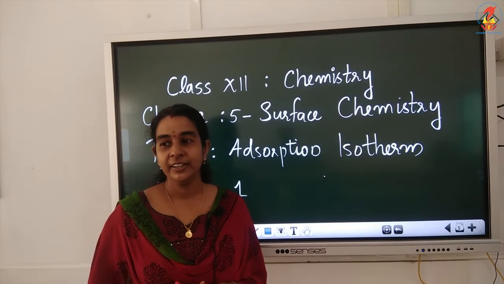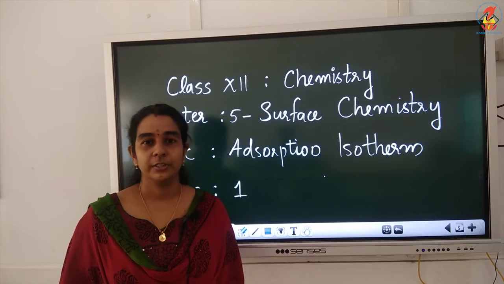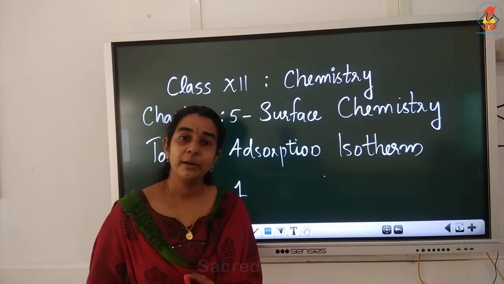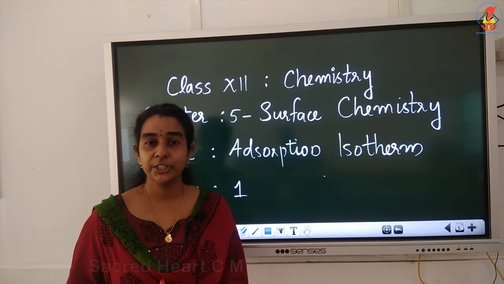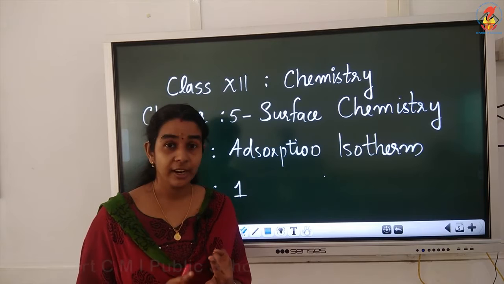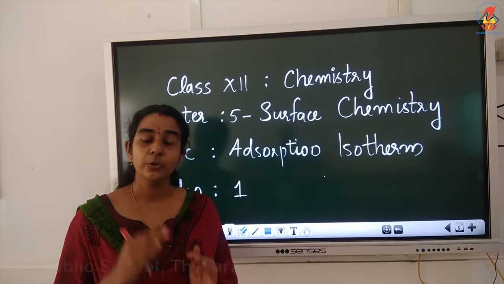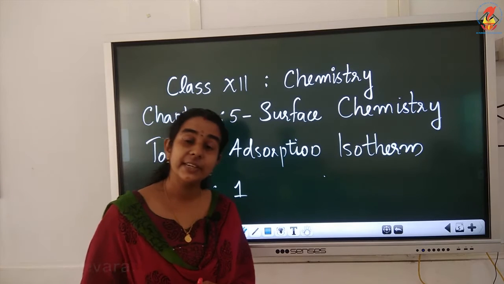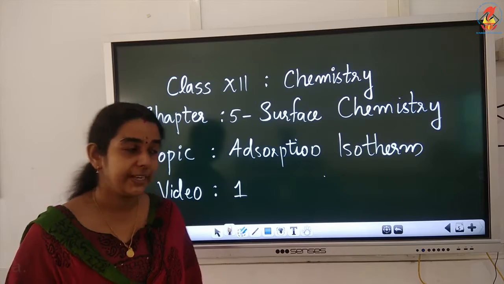Good morning everyone. Today we are going to study about adsorption isotherms. It is a small portion actually coming in the surface chemistry chapter. When we studied the surface chemistry chapter, three main terms, that is adsorption, adsorbate and adsorbent. These are the three terms we are using throughout this chapter. So first of all we will see what do you mean by adsorption, adsorbate and adsorbent.